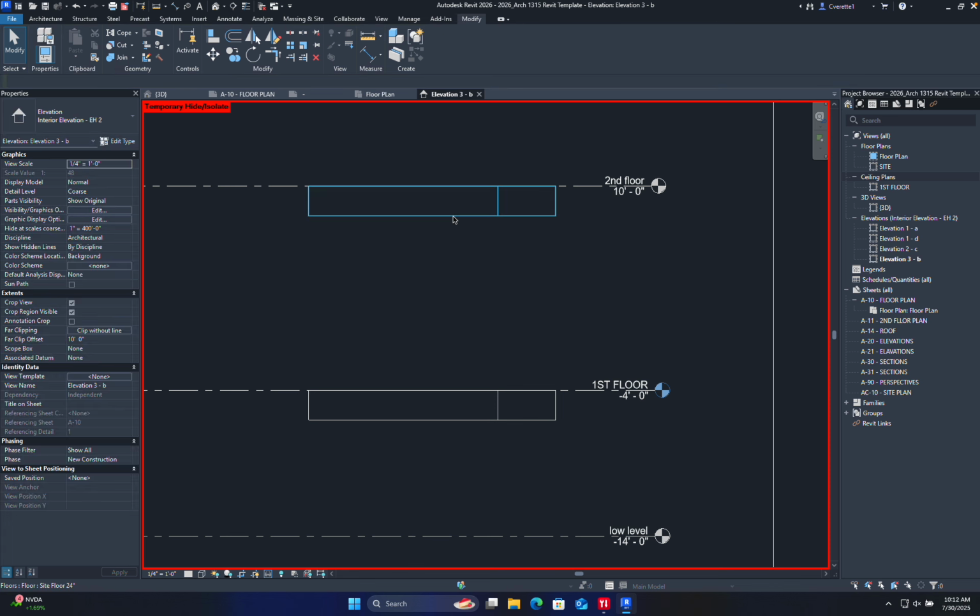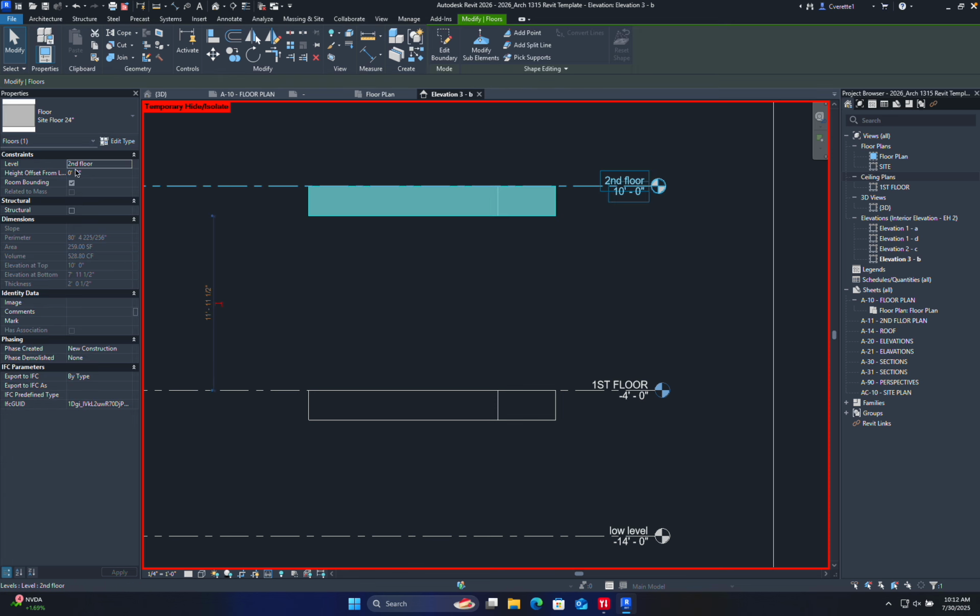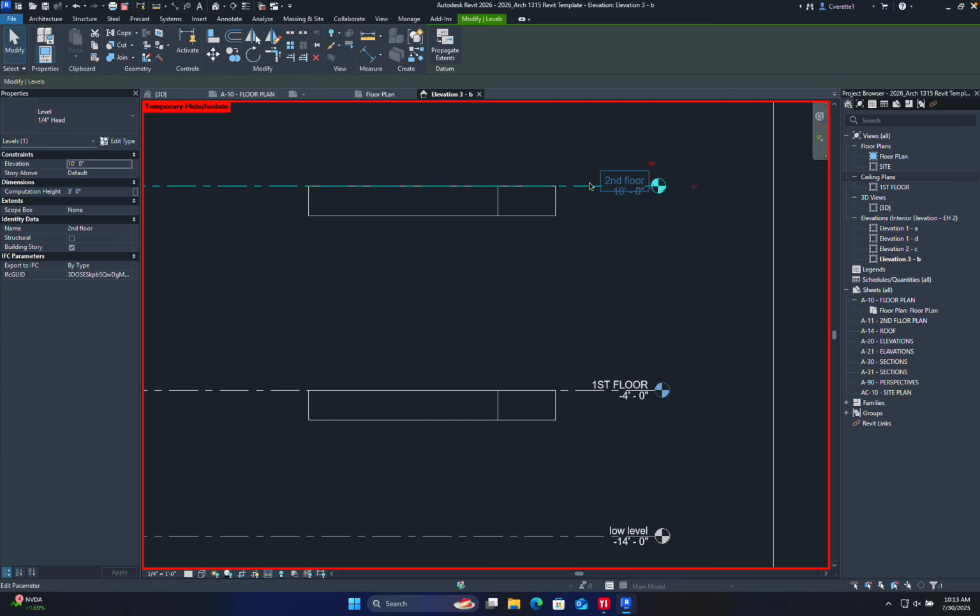Now, what's really weird about this new one is that when I click on it, it says it's based on a second floor. Why? Because I clicked on that second floor line. If I don't click on it, it'll be assumed based off of that first floor, and it'll say above 10 feet first floor. So again, be very careful, because what's nice about this program is when the client comes back,